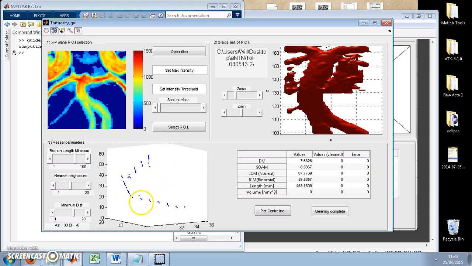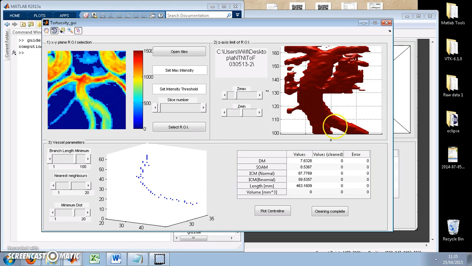Okay, so there we have the cleaned up center line, and then when you're happy with it, most of the time with the carotids, for example, you'll just be using the branch length minimum tool, and it won't take too much effort. But it's kind of a matter of going through a few scans and then getting used to the tools and seeing how they work. So then, once you're happy with the center line, press cleaning complete,